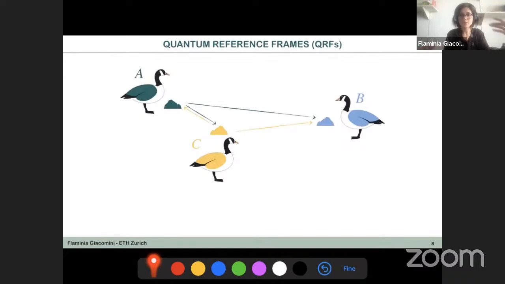So in this example that I drew here, the only variables that make sense from the perspective of C is the relative position between A and C and the relative position between B and C. And in the same way, a set of independent relational variables from the perspective of A is the relative position between C and A and between B and A. And then, of course, I can talk about also this one, but I have just two positions, two systems that